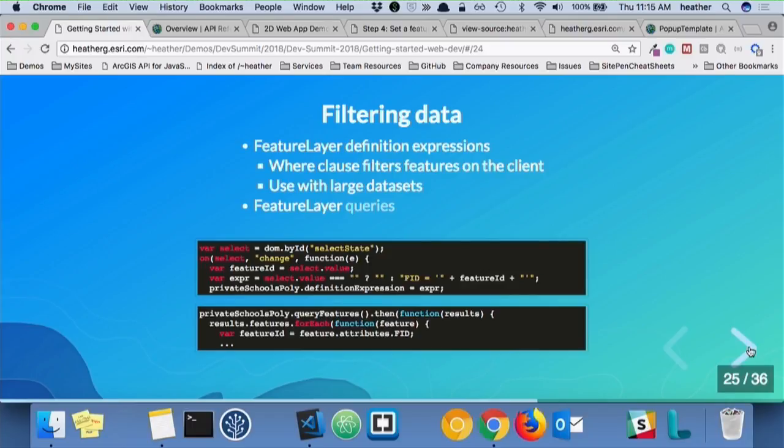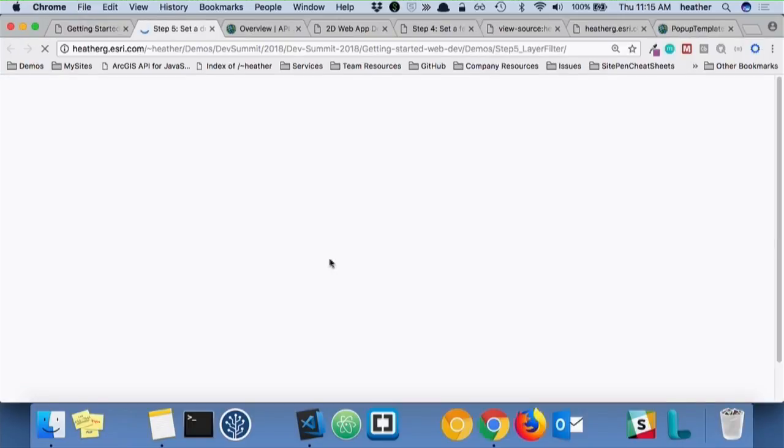A lot of times, you're going to want to use these if you have large data sets and you just want to narrow some things down. You also can filter data based upon actual feature layer queries itself. So if we take a quick look at a demo here,